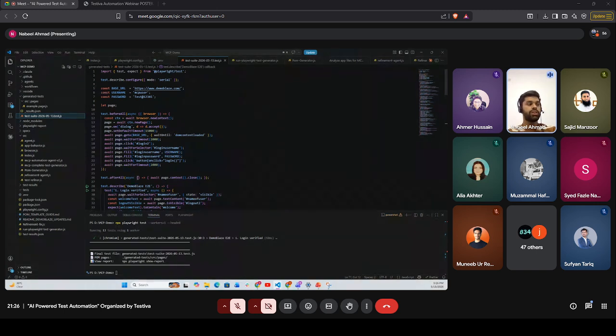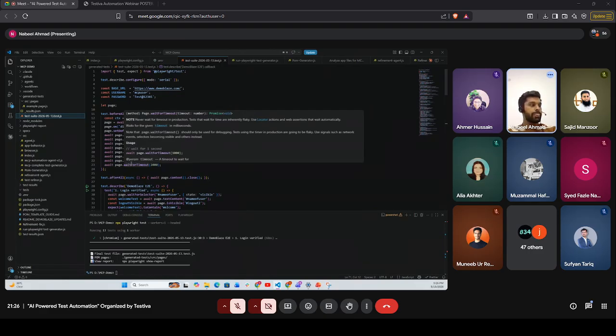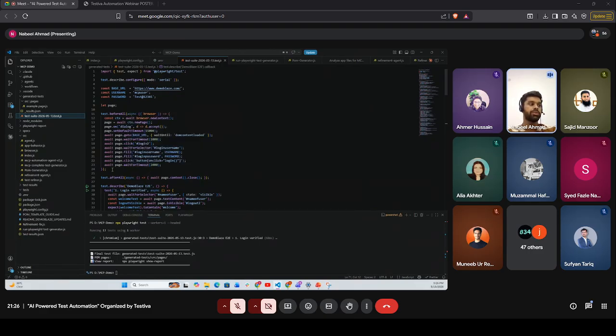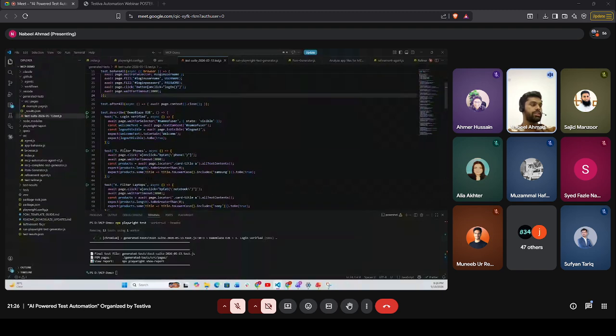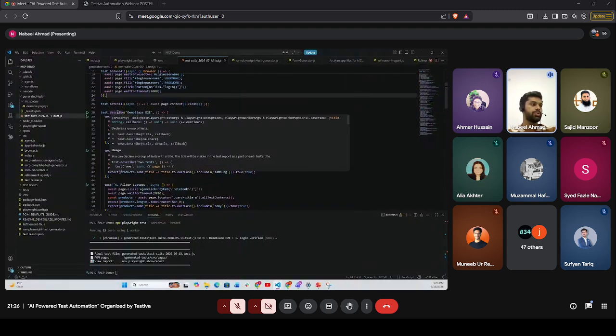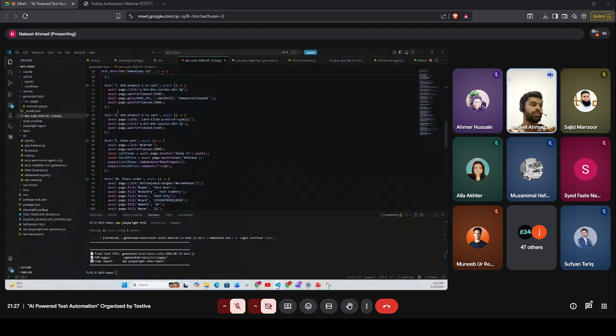It used the beforeAll hook, because if we are not using beforeAll, then some of the test cases will always fail, as our website Demo Blaze is not keeping the context of the product. If we add one product at a time, and next time we launch the browser again, it will not keep the previously performed actions in the products. So I think it's done a perfect job here using those beforeAll and afterAll hooks.